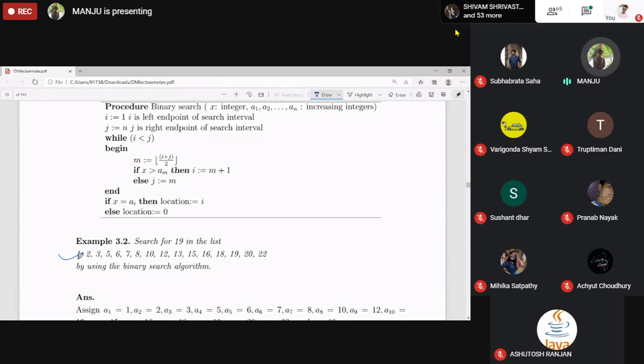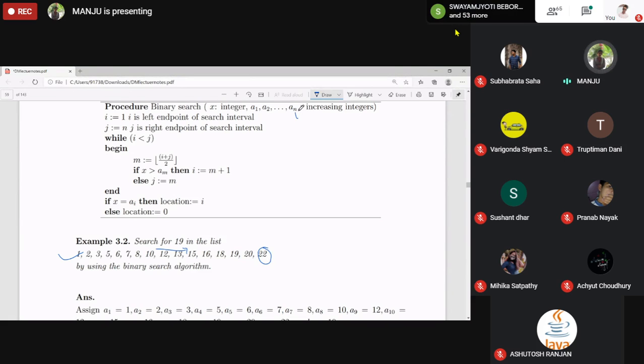Take i equal to the location of 1 and j equal to the location of 22. The location of the first element is 1 only. What is the location of this last element? Obviously this is in ascending order, so here we got 16. a16 is 22. Right? a1, a2, a3 and so on up to a15, a16.